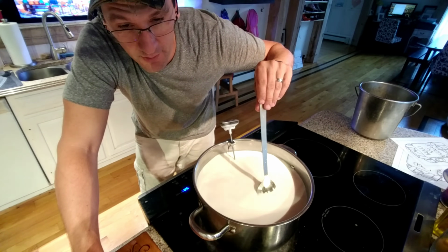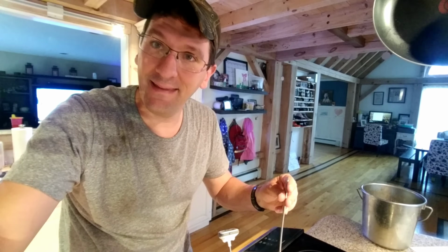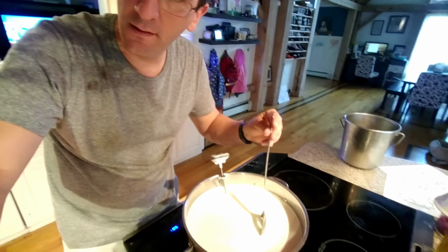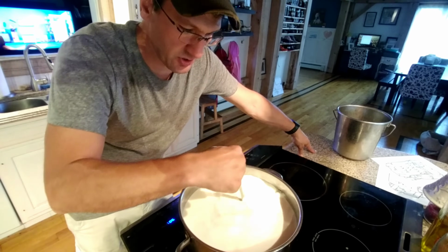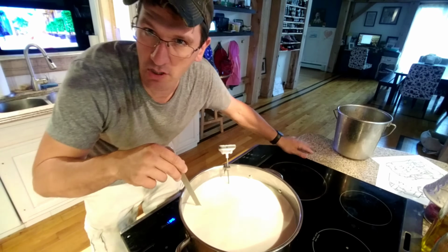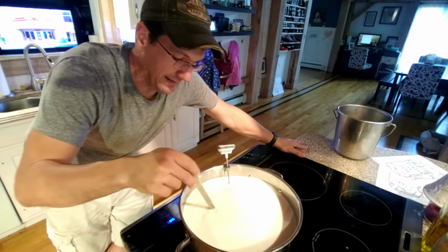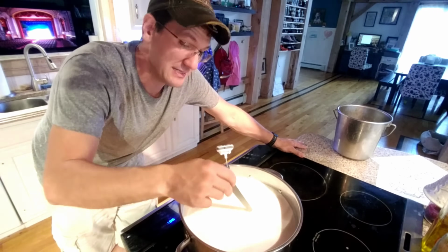So step 1, clean your goat milk, filter it, right? Actually, step 1 is get it out of your goat. Step 2, clean it and filter it. And then put it in a pot, right here. We got a little thermometer, we got a pot, 2 gallons of milk, and we're just gonna stir away, pretty much constantly stir so it doesn't burn. And then we're gonna get it up to about 180 degrees, take it off the heat,